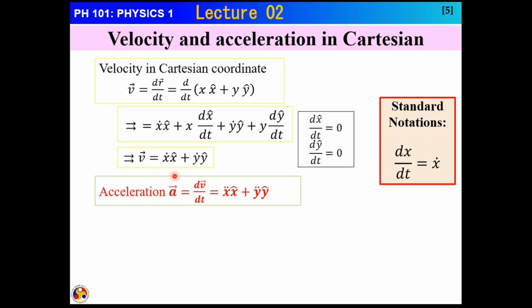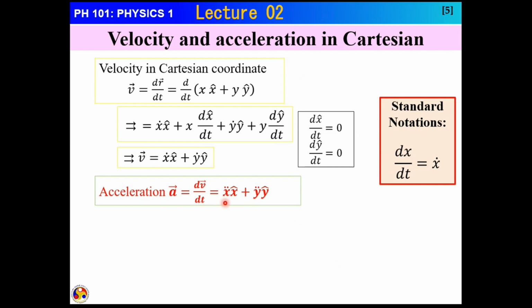Now the acceleration, again I can write dv by dt. So I'm going to do the differentiation of this velocity with respect to time. And again, I'm going to follow the same procedure where I have followed here. And then at the end, utilizing this fact that the direction of the unit vector doesn't change with time. It doesn't change with position, hence it doesn't change with time. So at the end, we are going to end up with this result.